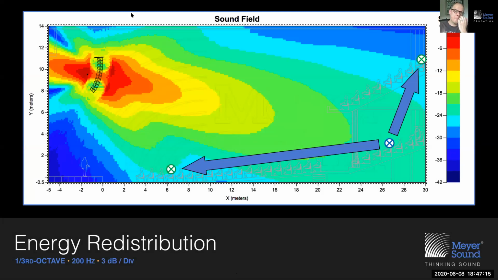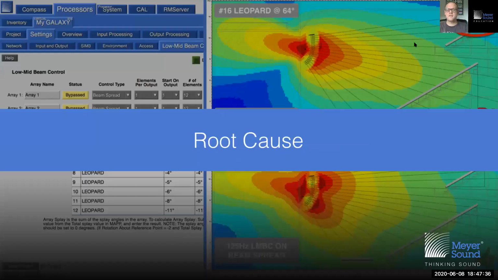Now, before we look at solutions, you first need to understand why this is happening. Why do I have a concentration of low mid energy under the balcony in this case? And why do I have too little in the start of my audience and too little on top of the balcony? Well, this is going to be a minor acceleration, but